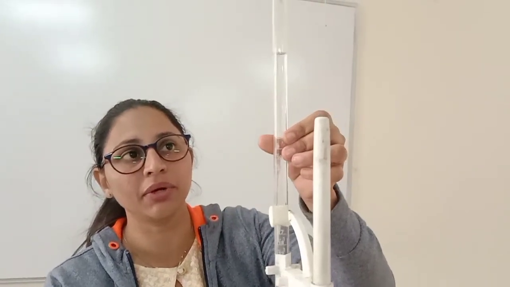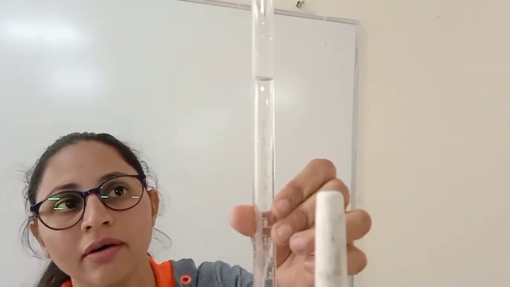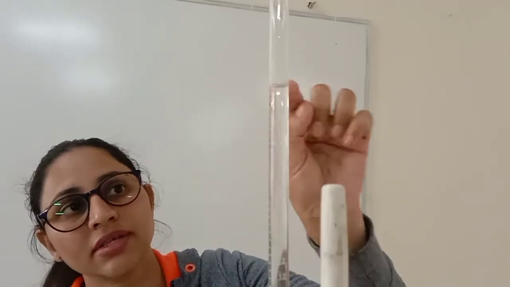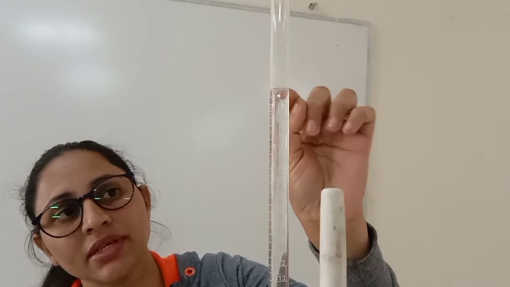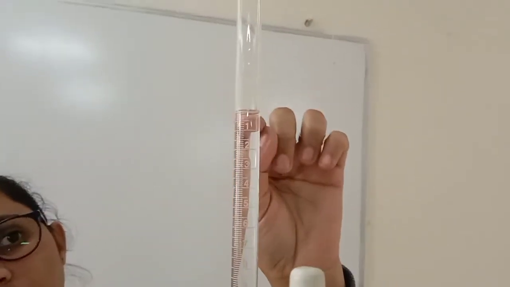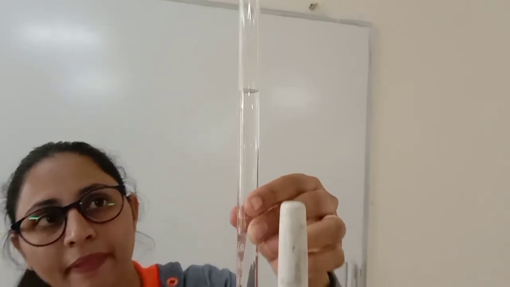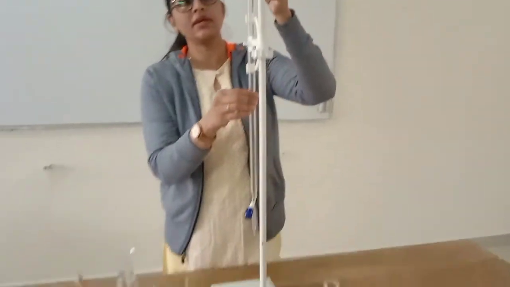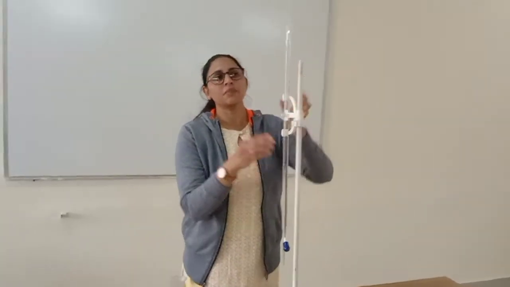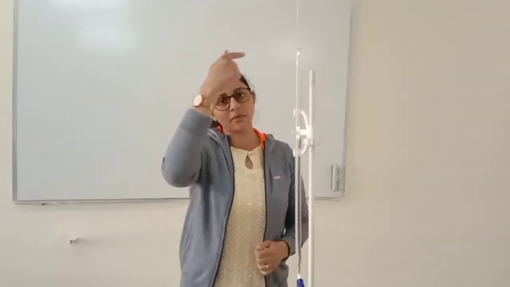As you can see, I am rotating the burette. Is it clear? This is the layer, the lower meniscus. It should come at the 0 ml point. If it is not visible, then it's okay. But for a transparent solution, we need to see the lower meniscus. For a colored solution, we need to see the upper meniscus. That's it, so remember this.